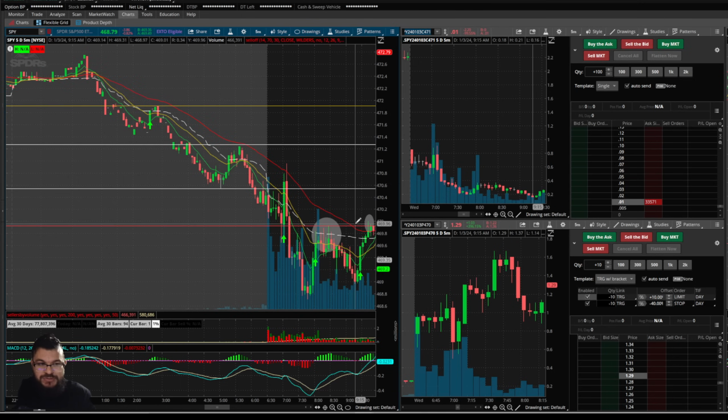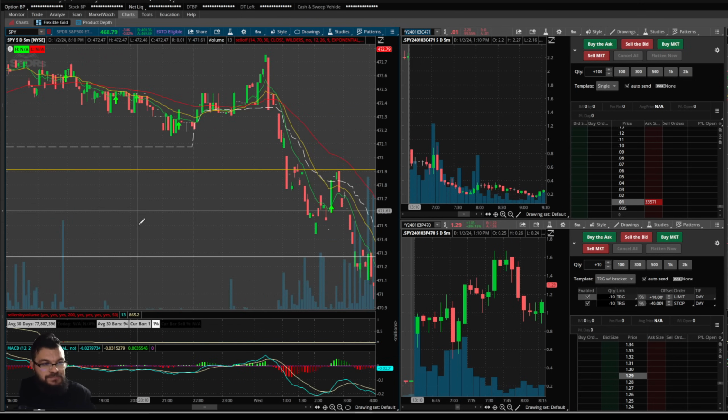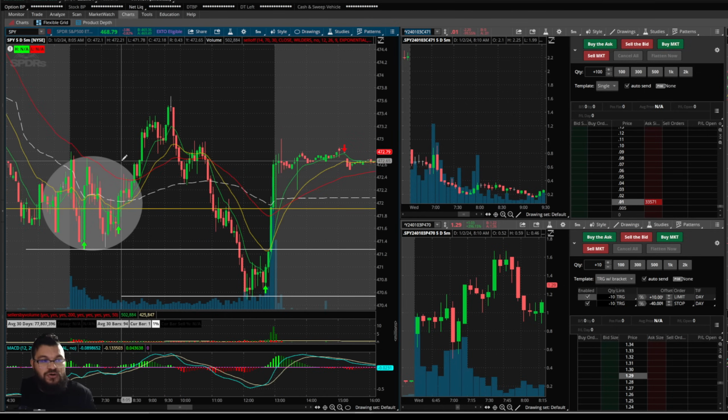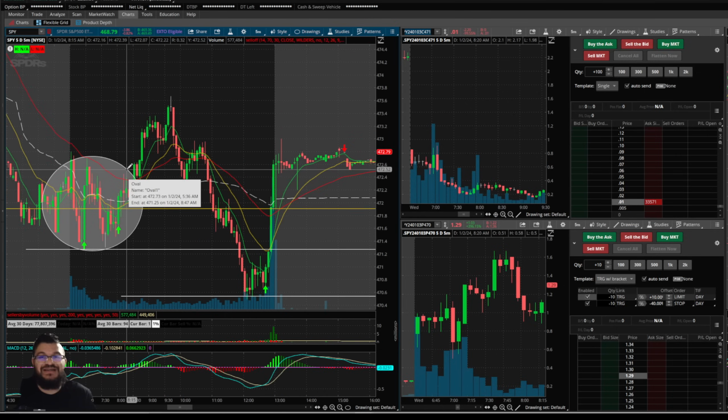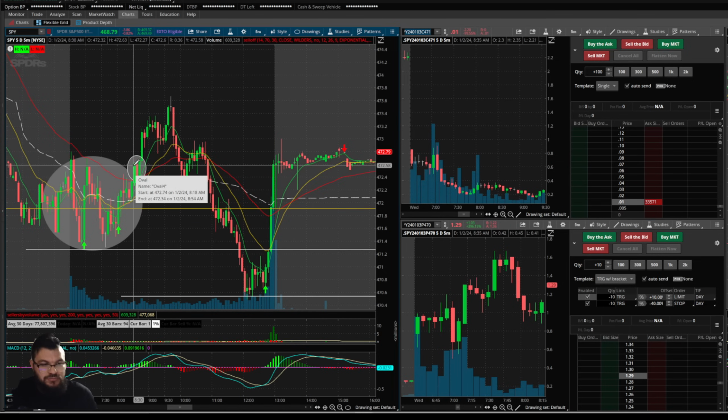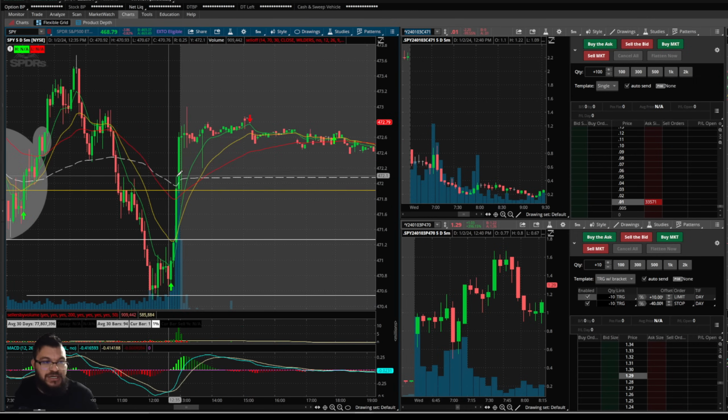The other thing that was big, just like yesterday, is when I took that call trade, one of the things that I really liked about it is that it had broken above that 50 EMA. Now, I don't use the 50 as an indication to get in, but when we've been trending underneath it and it's been a resistance and now finally we're above it, then that's a pretty decent sign, right?